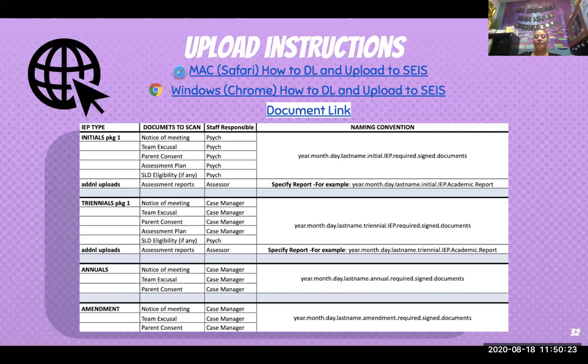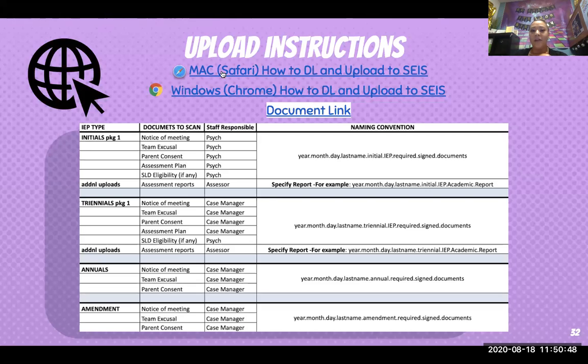And Dolores did speak about earlier the process of scanning and uploading documents to SEIS. So Fremont does require us as case managers to upload all forms containing original signatures onto SEIS. So there's a process to go ahead and attach them or scan them and download and upload them.